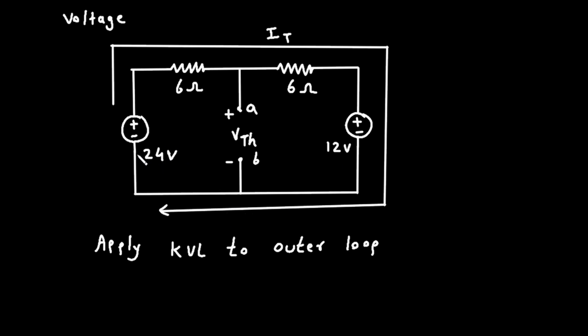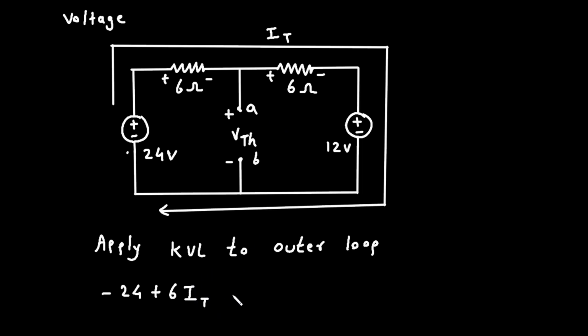Now here we are starting from this point, so it is minus 24, then this will be plus, this will be minus, this will be plus, this will be minus, according to the direction of this current. We are assuming this direction, so minus 24, then plus 6 into IT,